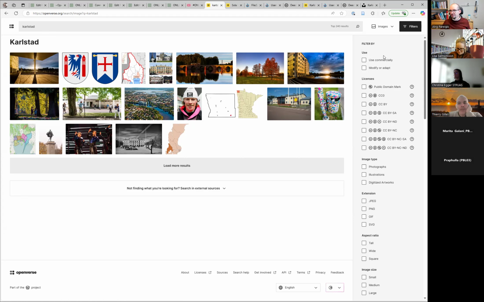But this leaves a big carbon footprint, of course, using these generative AI machines.